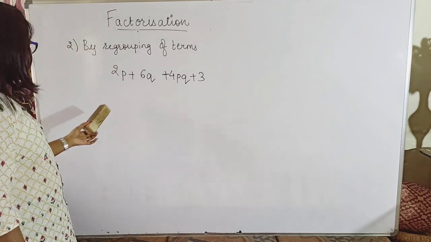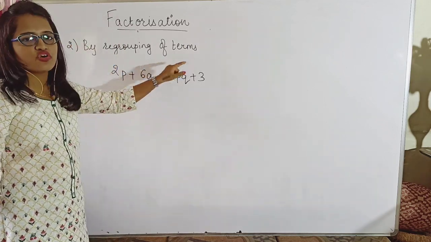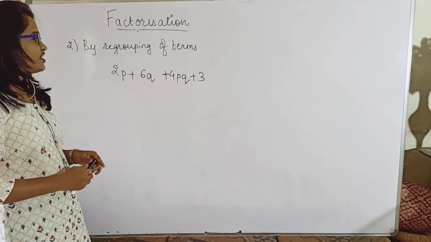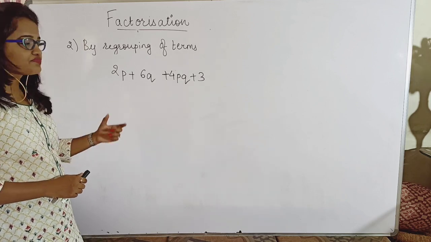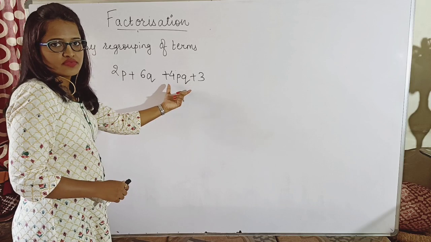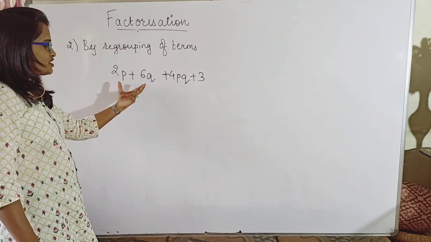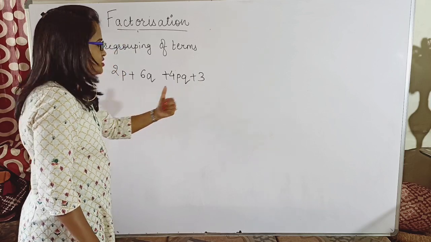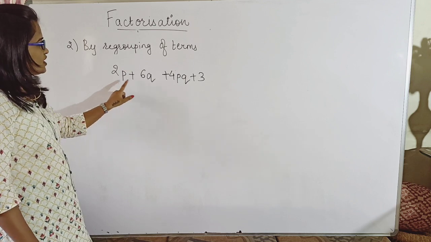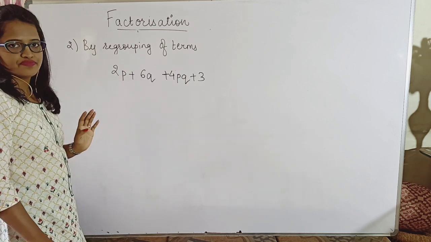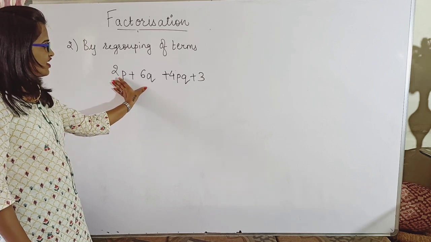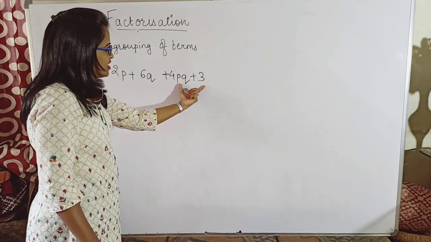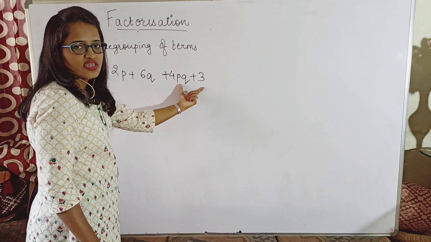Yes, for such examples, we can factorize by regrouping of terms. Regrouping means instead of finding the common factor for all the four terms, we can find the common factor which is present between two terms. Yes, so I can find a common factor which is present in just these two terms. Similarly, I will find a common factor which is present in these two terms. So now let us see. Between 2pq and 6q, 2 is common. So here I can take one factor as common, that is 2, and whatever is remaining I will write inside the bracket. But if I see these two terms, do they have anything in common?